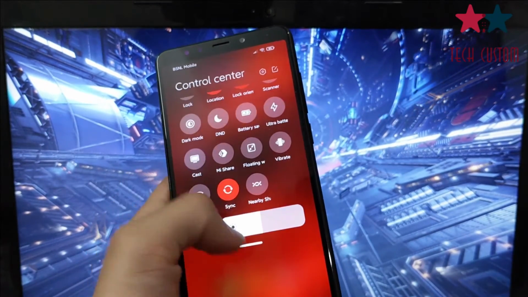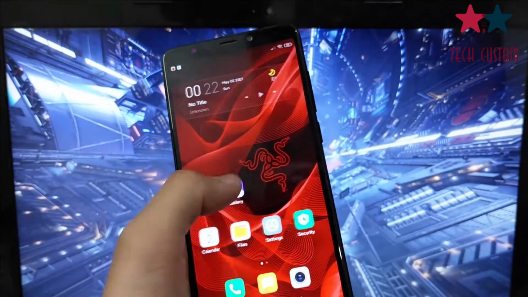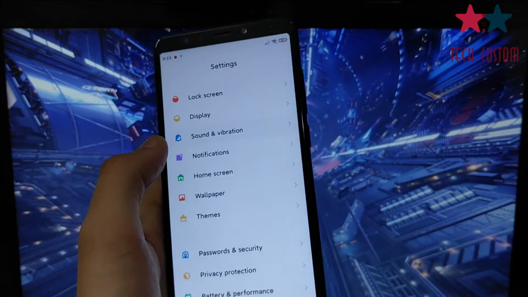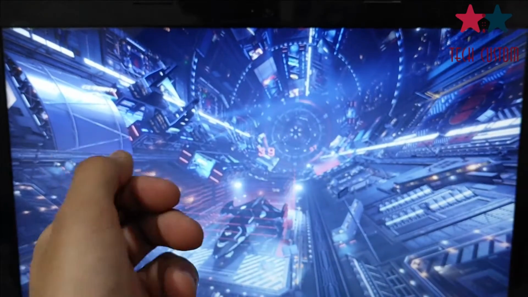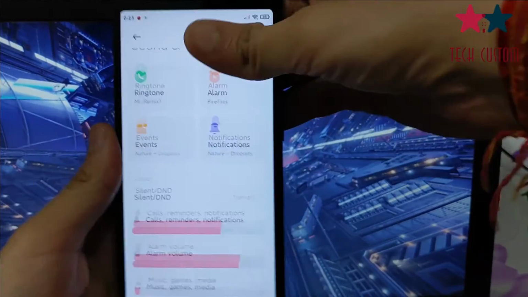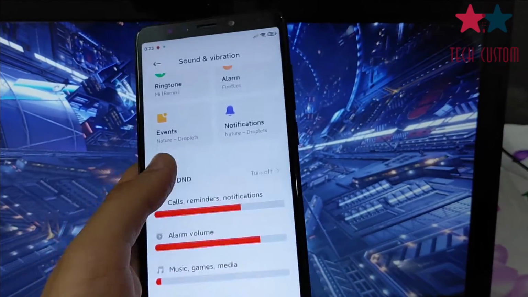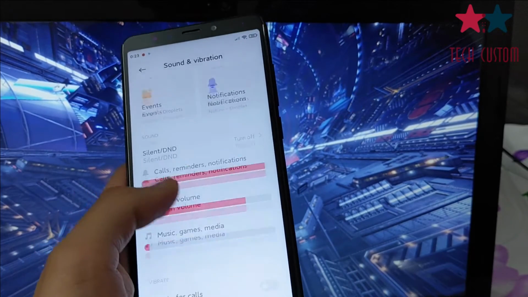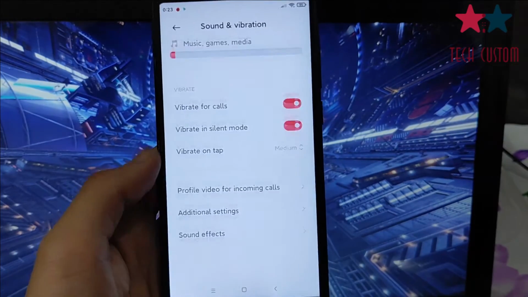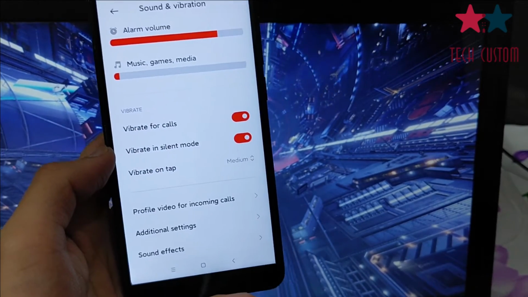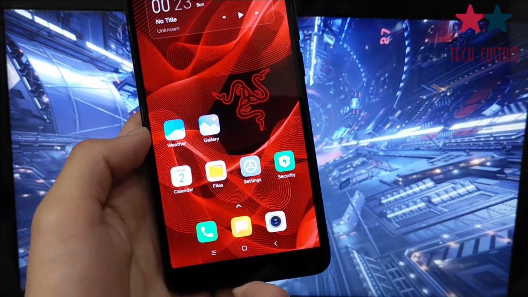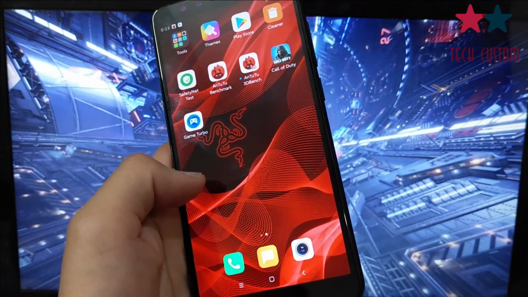Ultra battery saver, battery performance is good in this ROM, not the best one, it is good. And the sound is working perfectly fine without any problem. Device, sorry, it just fell on my laptop. And the device is a little bit heating. So basically while you are playing games, your device will heat. It will heat 100% while gaming, and for daily usage when you are outside in the sunlight.